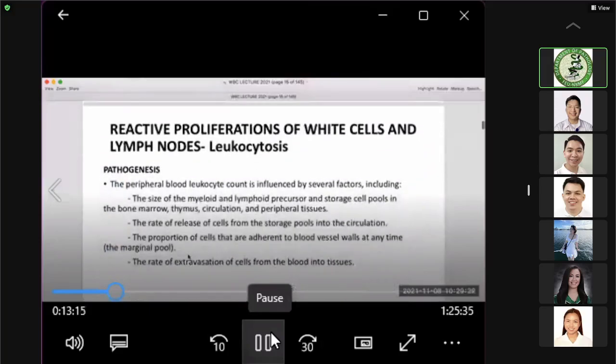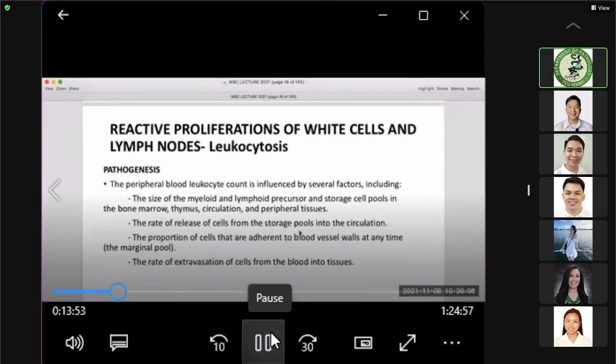On the other side, we have reactive proliferations of white cells and lymph nodes, otherwise known as leukocytosis. The peripheral blood leukocyte count is influenced by several factors that would include the size of the myeloid and the lymphoid precursors, as well as the storage cell pools in these different places. And the rate of release of cells from the storage pools into the circulation, how fast or how frequent,